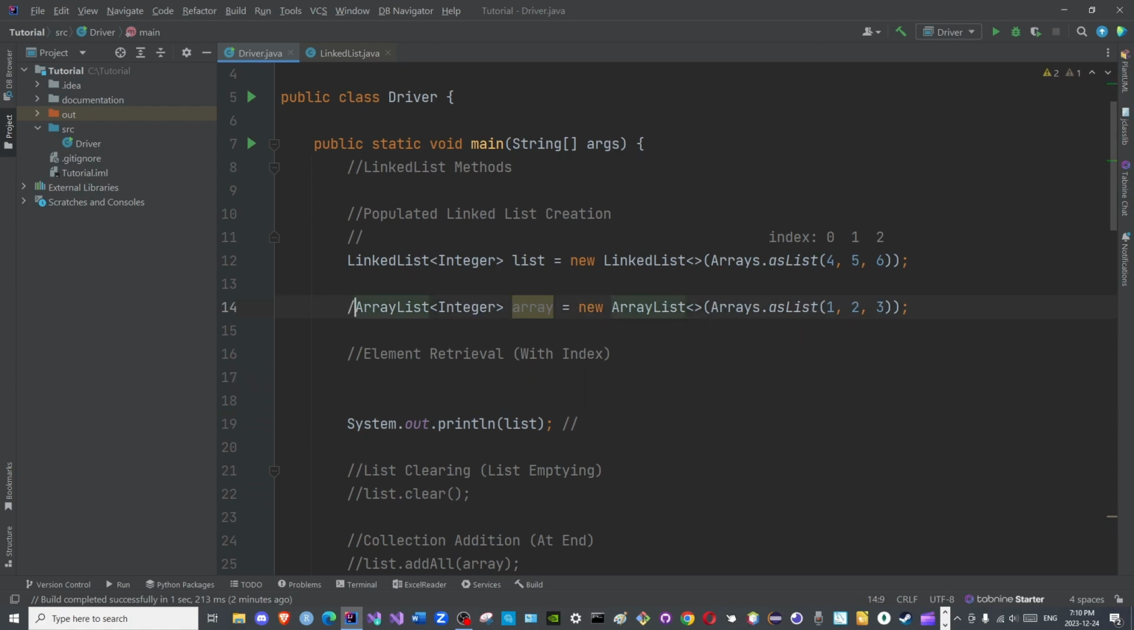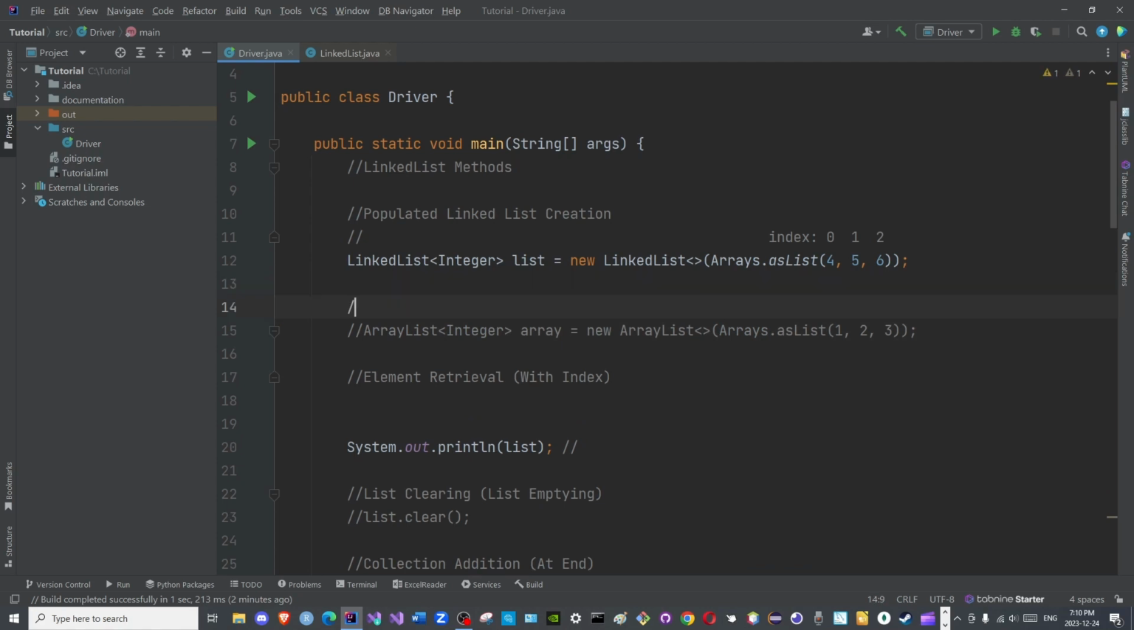I will remove this from compilation for now because we do not use it. Collection creation. This is for the add all method. Let us say we wish to obtain element number 5, which is in the middle of the list. So here we will simply, we do not need this,